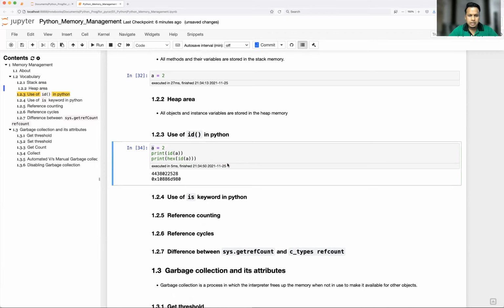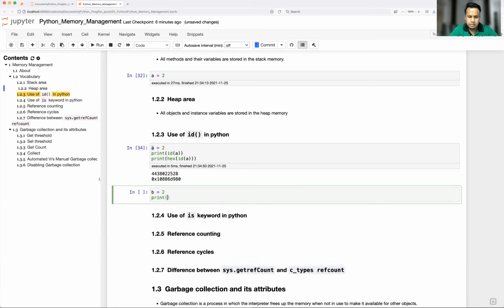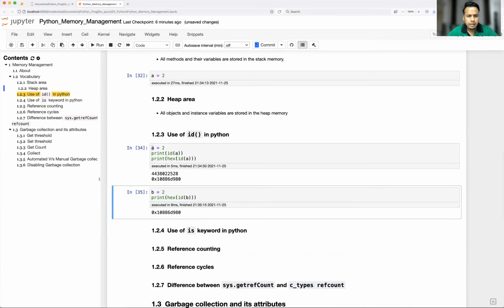Let's take a couple more examples. I'll use b equal to 2 and print id of b. Now if you notice here, a is holding the same location, and b is also holding the same location. So what is happening here?